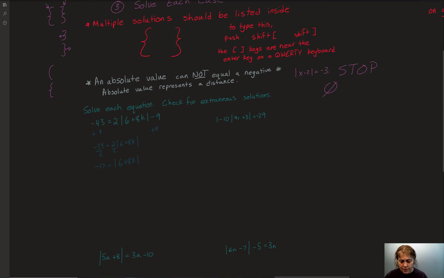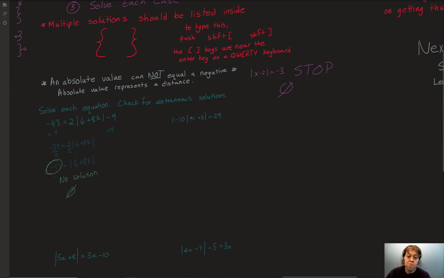Now that we've gotten it by itself, wait a second. Hold up. We're done. No solution. It equals a negative number. We can't have it equal a negative number. That's not allowed. Okay, I mean, that's all right. I forgot that that's what I did for the first example. Moving on. Minus 1,